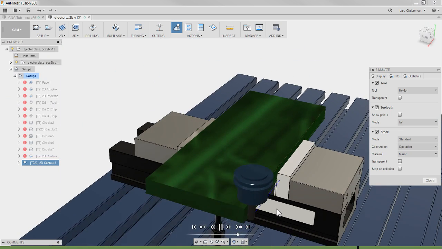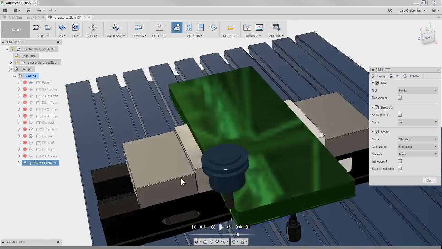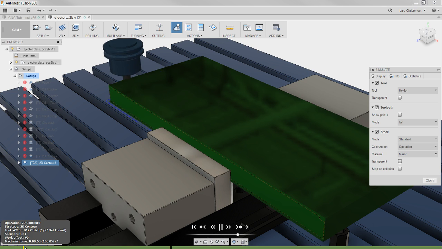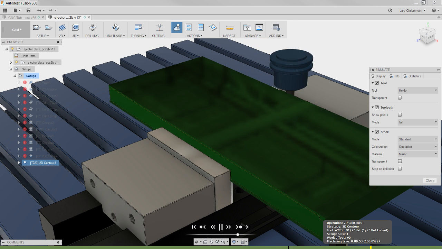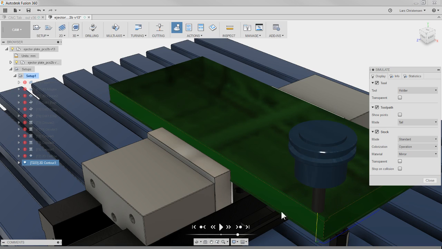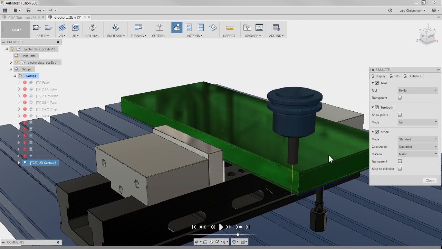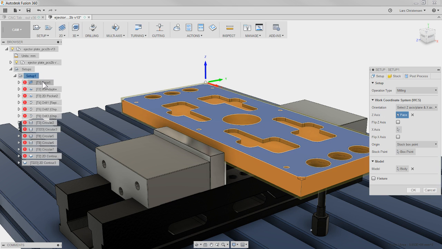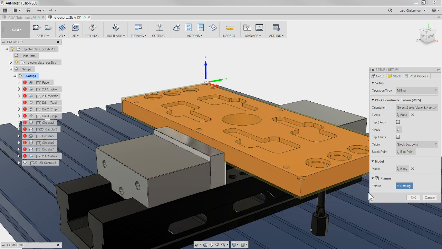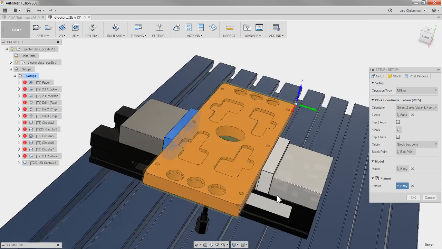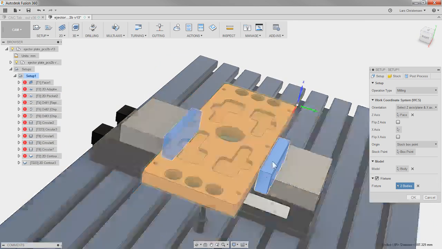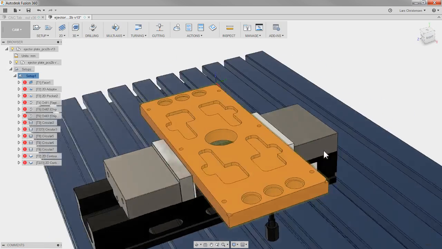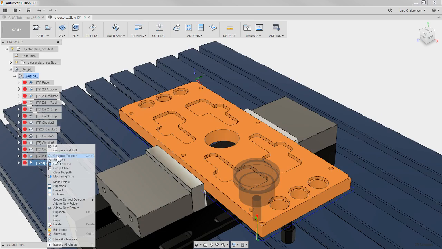Except, of course, you can see we're flying right through our jaws. I hope you can see we're flying right through our jaws. But we don't get any warnings down here right now because we're not colliding with the tool or the tool holder. Well, that is where you right click on your setup, edit, and if you turn on your fixturing, you can take external components such as these jaws. It could also be like a fixture plate you have underneath or something. And now when I generate that toolpath,